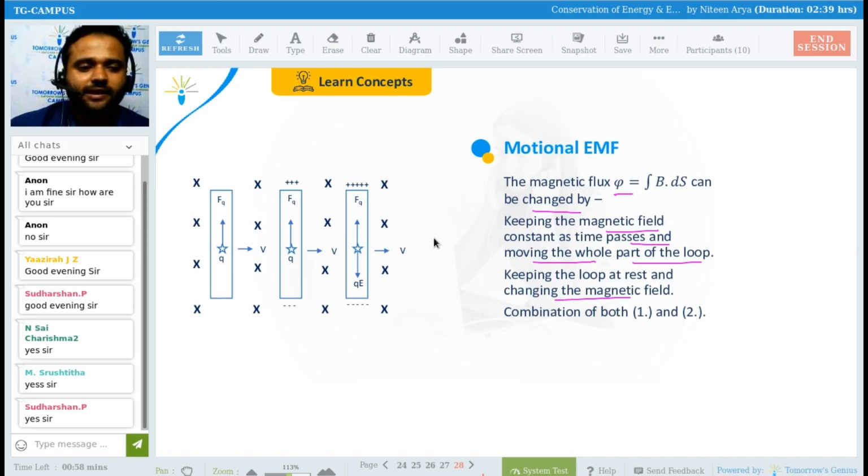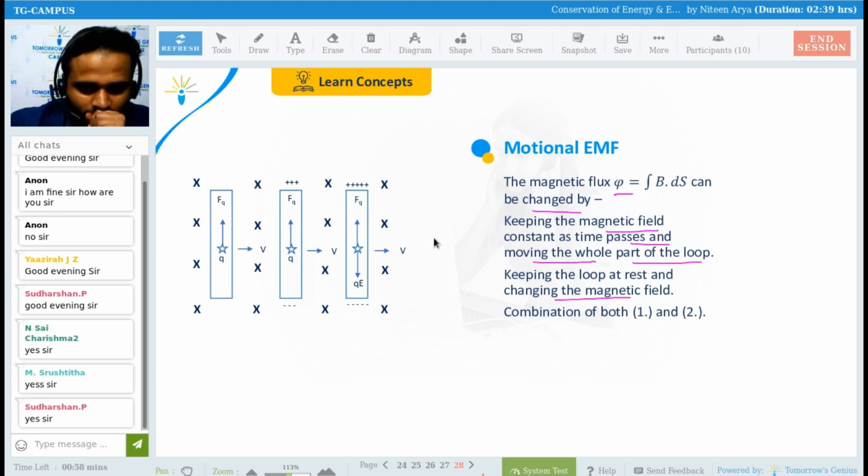So there are three ways. Either I can change the magnetic field, by changing the magnet. Or I can move the wire, obviously moving the wire, not changing it. Moving the wire means moving a conductor or coil, or simultaneously, I mean this is going in this way and this is going up or down. I cannot do all of this together. Try this after the class, not right now.